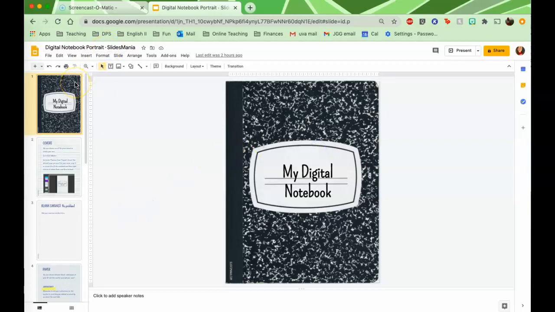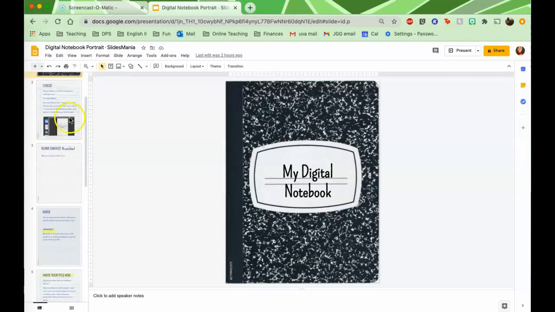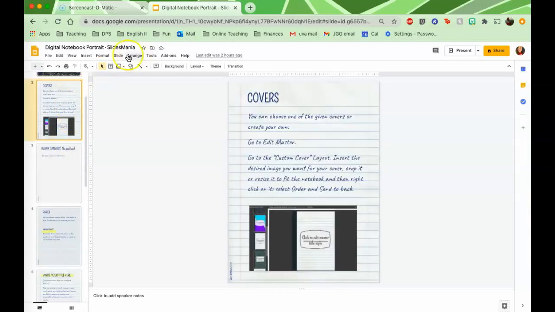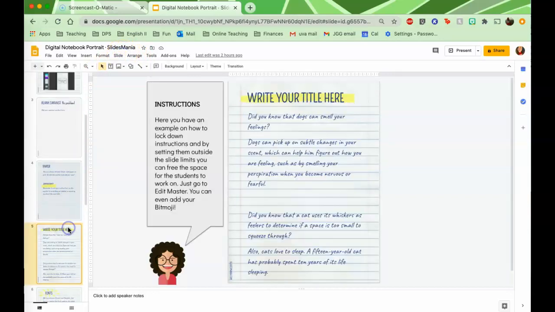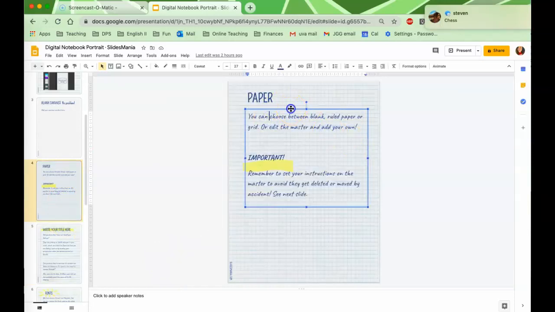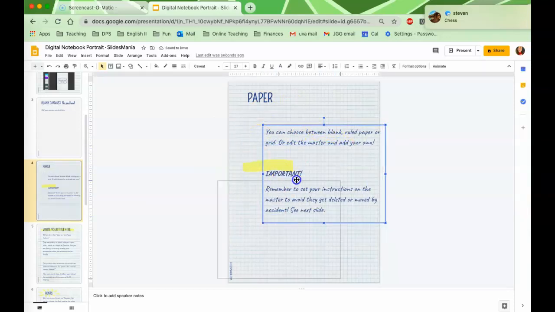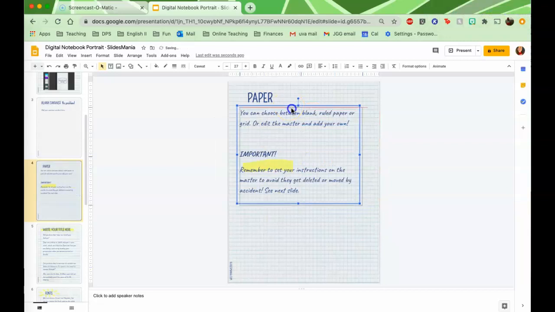So once you have your notebook the way that you want it, I'm first going to show you how to edit the master, which is something you can do so that kids can't mess with what you have here. So for example, on this slide, kids could drag all of this around. They could drag it all like this. So what you can do